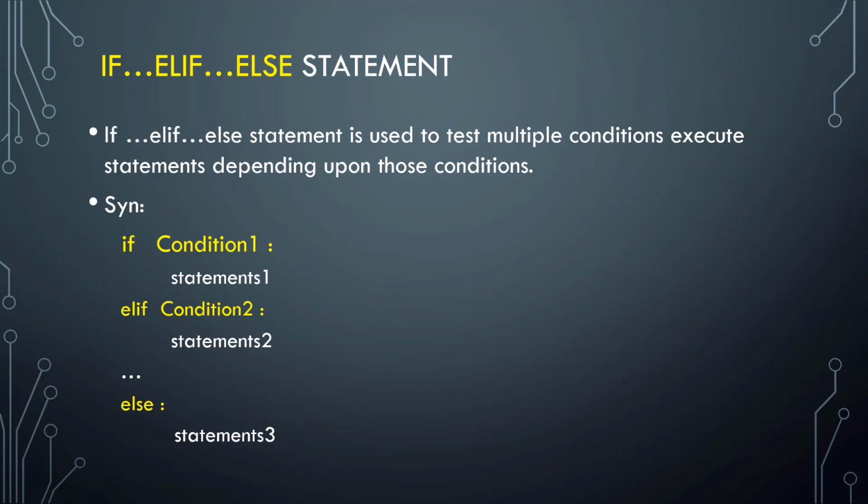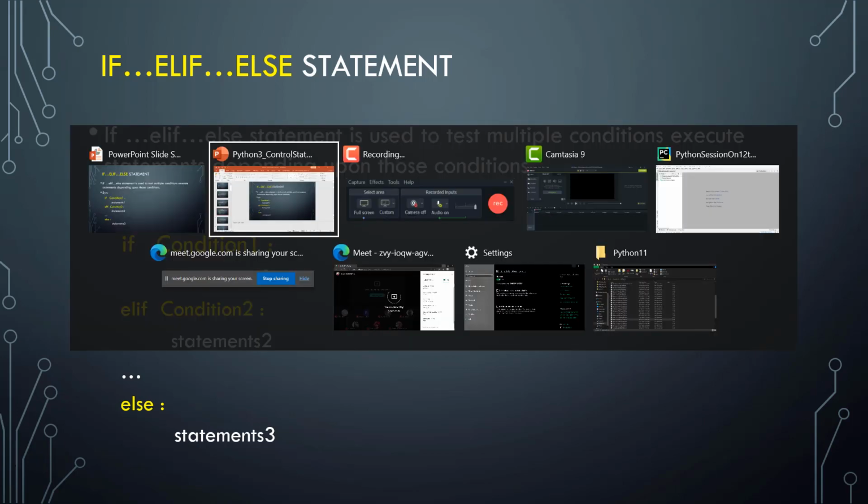going to ask for the choice like 1, 2, 3, 4. If 1 means we need to do addition, 2 means subtraction, 3 means multiplication, and 4 for division. If user enters other than 1, 2, 3, 4 like 5 or any other number, then we have to say invalid choice. How to do that? So let's get started. Let's go to PyCharm,